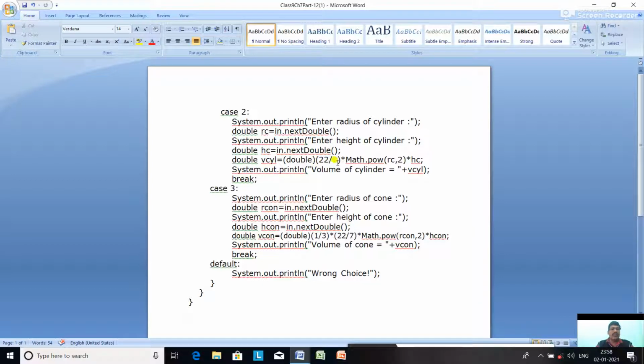So the full output will come in double type, that's why it's done here, double 22 by 7, which is the value of pi, into R square, Math.pow(RC, 2), RC means radius of cylinder, into H, height HC. Now print volume of cylinder equal to VCYL and break.